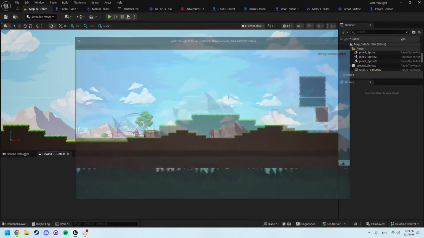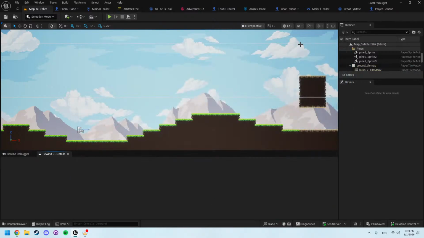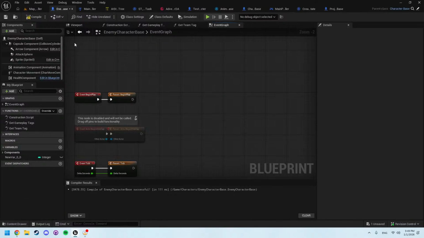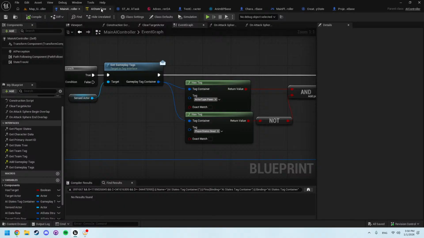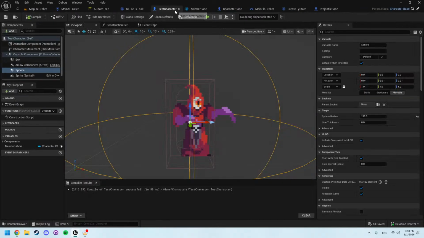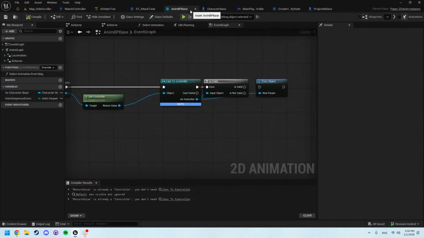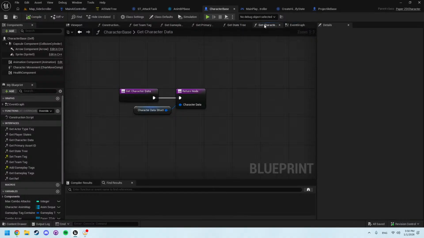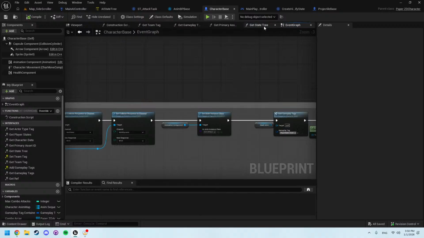Type pawn, perfect. Okay. I need to remove that now. Let's close this. Let's also close this. Let's close this. We will be using that in a second. We can close not this because we want to